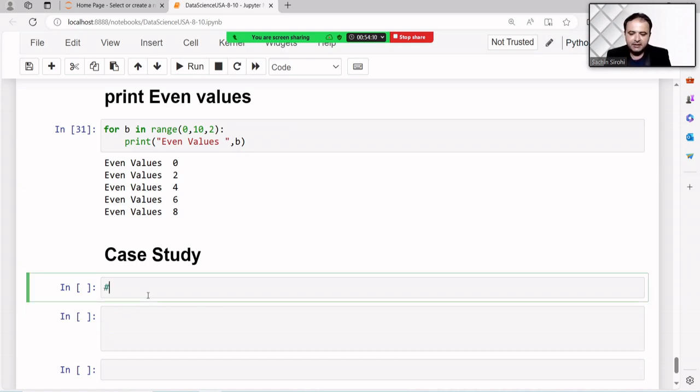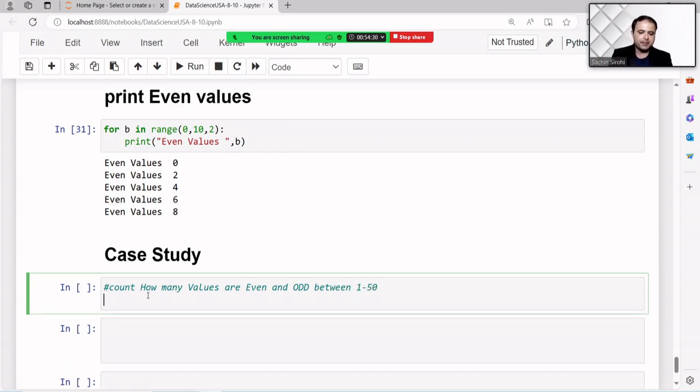Inside the case study, count how many values are even and odd between 1 to 50.